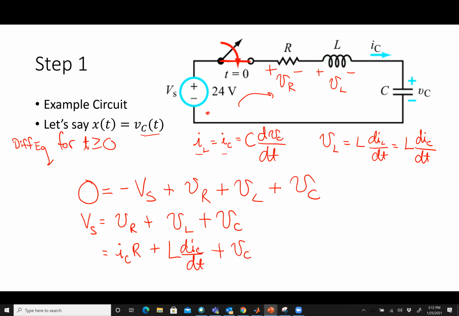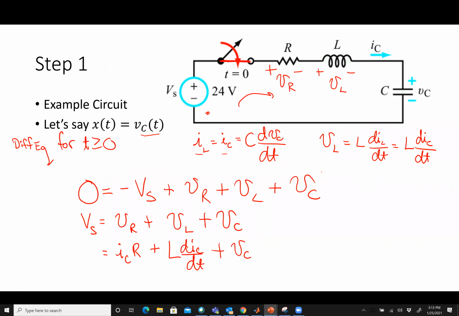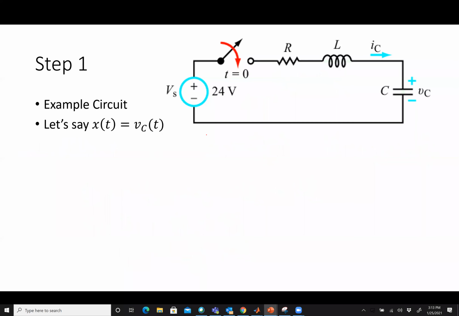Now, in this case, do I have a differential equation? I guess it sort of is, but is it in that standard form, right? This is the standard form I want. Am I in that standard form yet? No. What's my next step? How do I get it in that standard form? You can sub out the IC with the C dVC dt. Yes, that's right. Basically what I do is I say, I sub C is C dV dt, so I can substitute that in here, and I can substitute it in here. The key thing is substituting into this middle term is going to turn this equation into second order, right? So in other words, if I know that I sub L equals I sub C equals C dVC dt, and I had V sub S